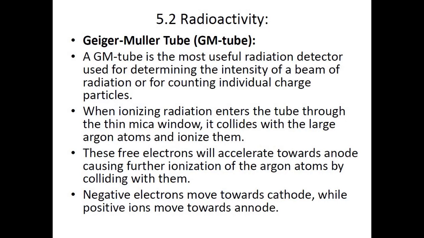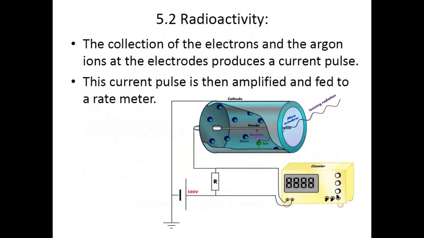Negative electrons move towards the cathode, which is the positively charged electrode, whereas the positive ions now move towards the anode. This collection of electrons and positive ions on the anode and cathode causes a pulse of current to be